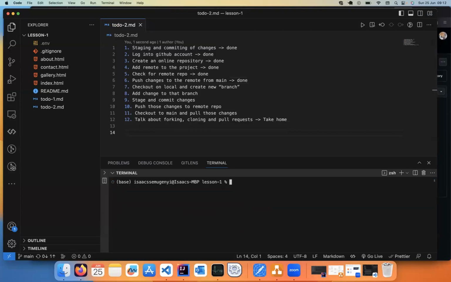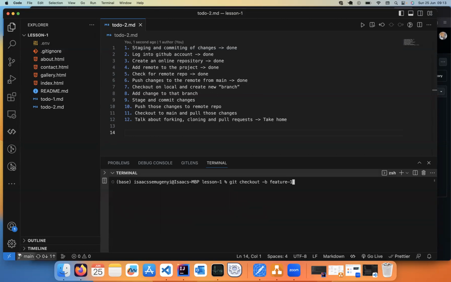So what we are going to do is create another branch. The command for creating another branch is git branch followed by the name of the branch, which we can call feature one. But we saw this in our first lecture, so to quickly save time, we can write git checkout -b, which means that Git will automatically create a branch using the -b flag, which is feature-1, and then check out to that